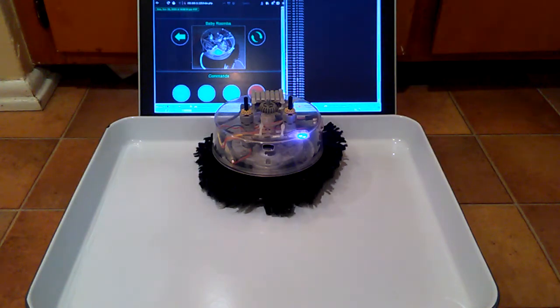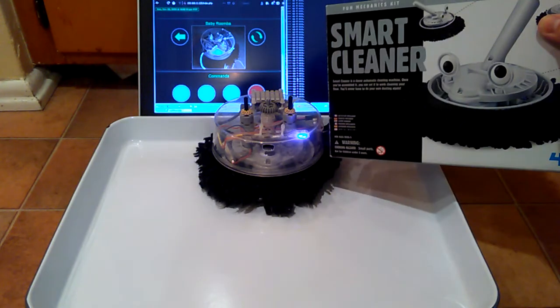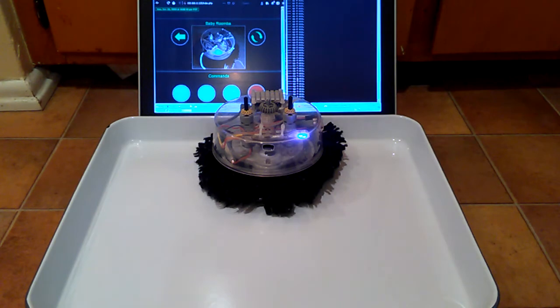Okay, this little gizmo was originally something called a 4M smart cleaner. And it's just a toy, and it's supposed to be like a little floor sweeper. But it turns out that it does an okay job with dust bunnies and stuff. So it's actually almost an appliance. The problem with it is that it would get stuck easily. So I thought, if there was a way to make it just a little bit smarter, it might not get